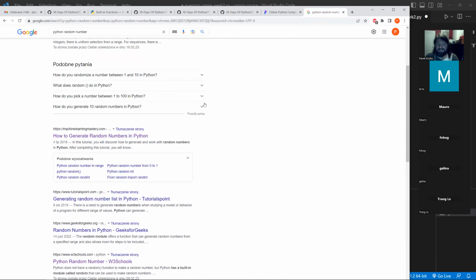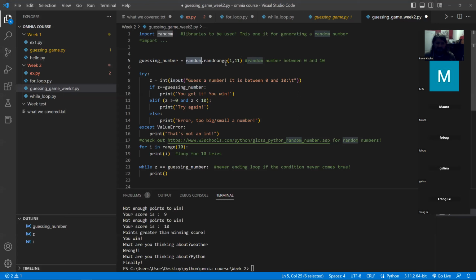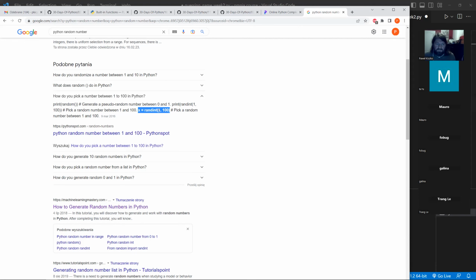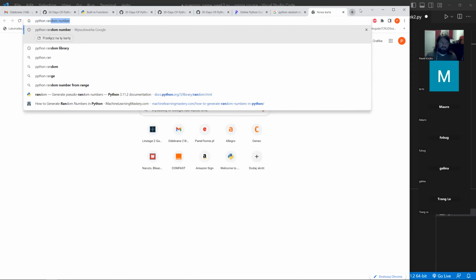For our needs, there's lots of short answers for different ways of picking a number. So over here, if we want an integer number, we use randint, and this one is randrange between 1 and 11. So one wonders what's the difference between the commands. So the best way